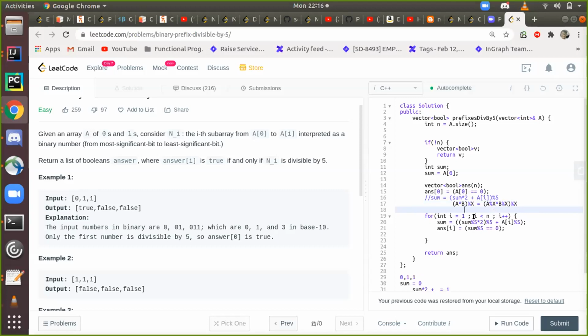So I'm doing this part, sum modulo 5. 2 modulo 5 I can avoid because it's a constant number, and this is the outside modulo. So this takes care of this part. Now for this, I'm doing A of i modulo 5, and again I'm doing this here. I could have removed this and done this here also, but it's the same thing. Also, you can skip A i modulo 5, right? Yeah, right.